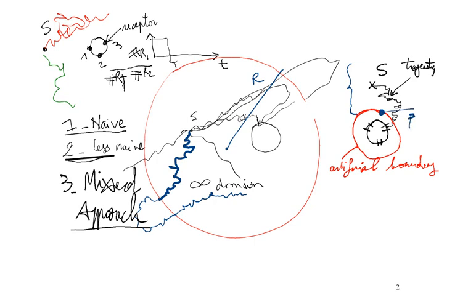Then the trajectory starts from this position, and it can be reflected, it can be absorbed, and then you can count this event as 1 in your statistics, or the trajectory can be reflected and reach the boundary,